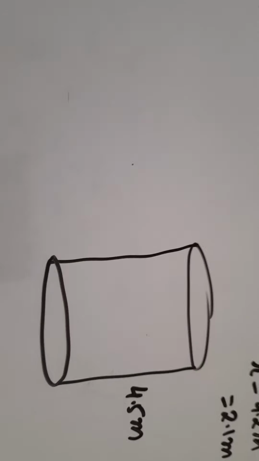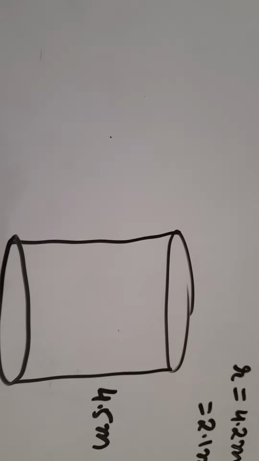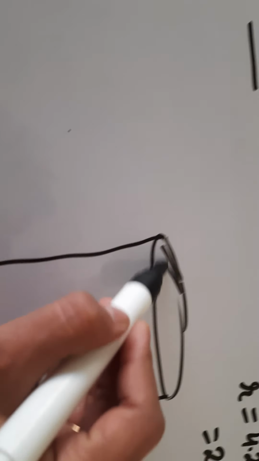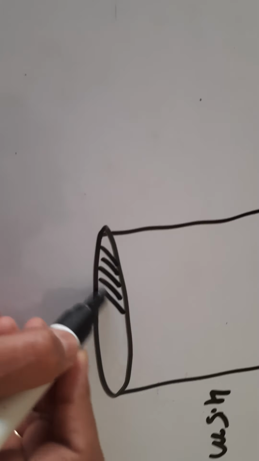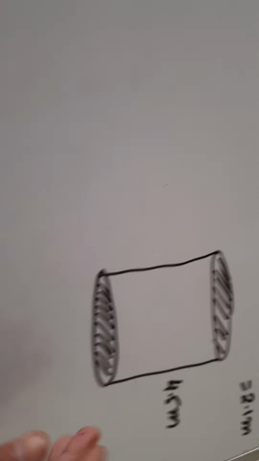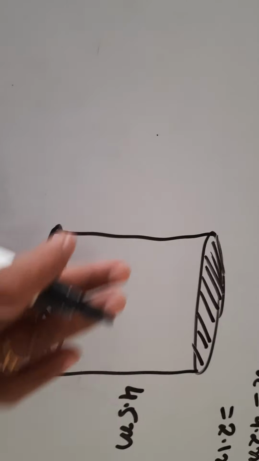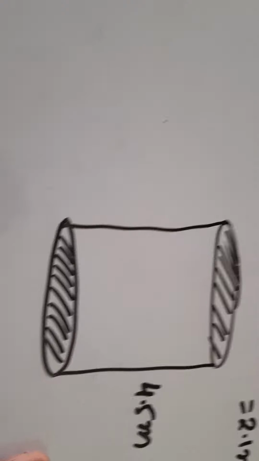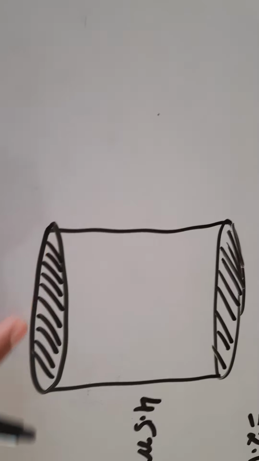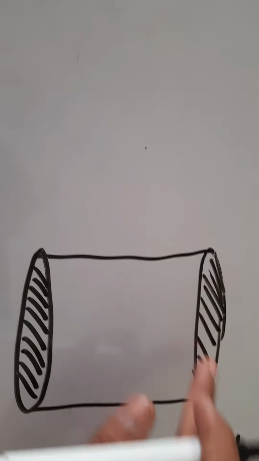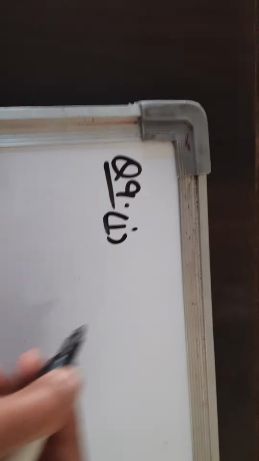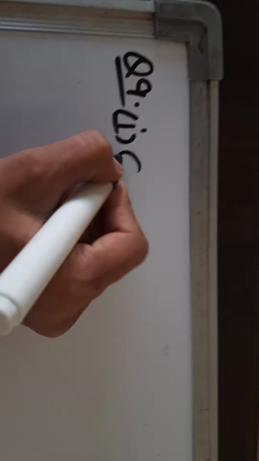meter high. And this is a closed cylinder, meaning it has the lid also and it has the base also, the bottom part also. Means the steel used in making this tank is used at its curved surface area, at its base also, and to make the lid also. So in the first part they told us to find out the curved surface area or lateral surface area.